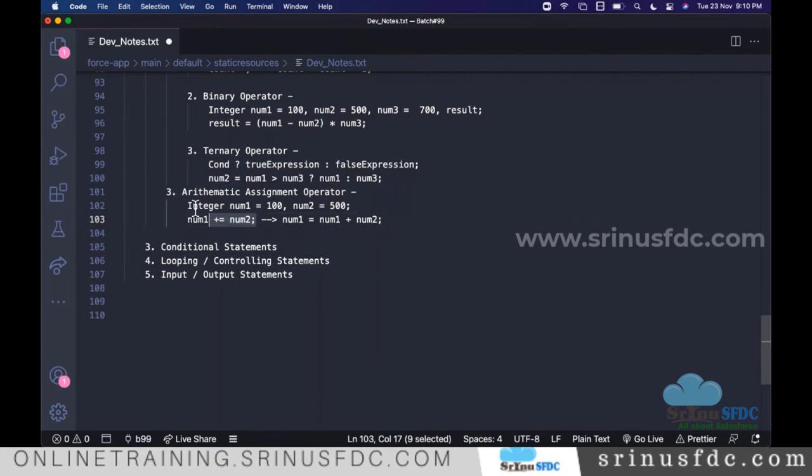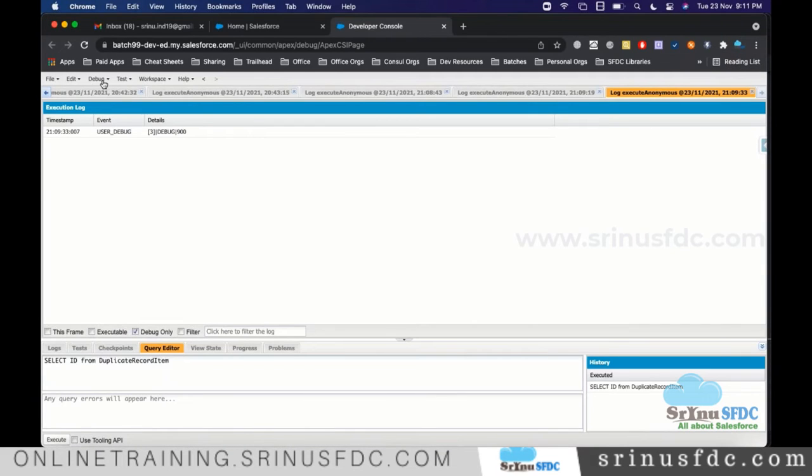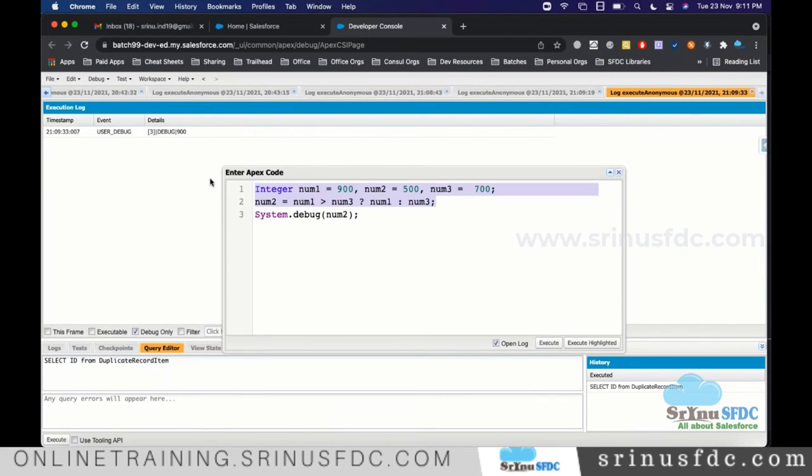Okay, same thing. Maybe here go to this debug. We have these variables assigned: number 1 is 100, number 2 is 500. After this expression, the value of number 1 will be 600, right? 100 plus 500 is 600, and it will be assigned to number 1.